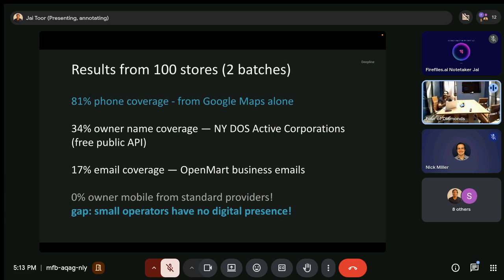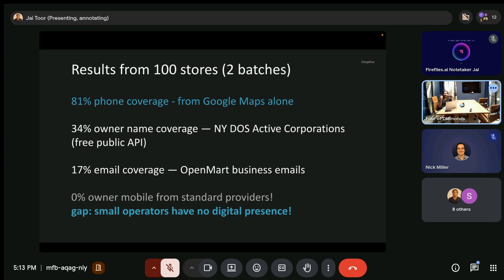They had 17% email coverage. I can show you some examples, but essentially it's a lot of info@businesswebsite. These are really only companies that have websites, which are larger grocery stores, which might be a better fit for them. But we also want to just get everyone, and they're just not going to have websites. They're not going to have business emails. Talking to the person who works at this company, they were saying most of them are using a Yahoo email from 2001 and rarely check it even. So email might just not be a good fit here.